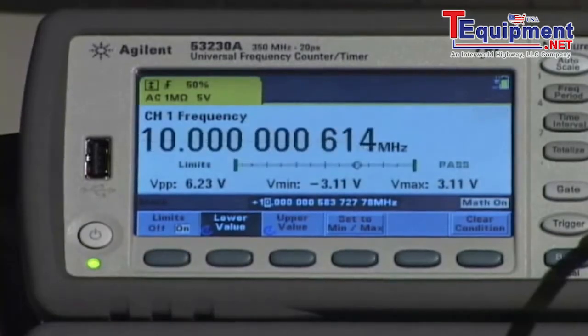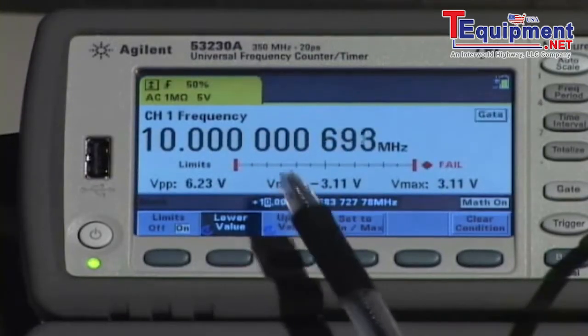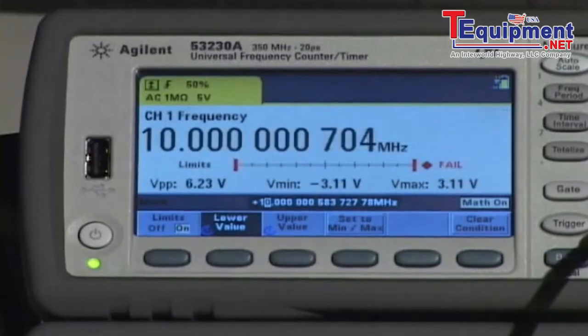If I turn on the limits, and if I cause a perturbation to the signal, normally when these limits are exceeded, you'd hear a beeping taking place, and that's fairly annoying, so we'll ignore that right now. That can be turned on and off. So from the front panel, you actually have a visual representation of how well the signal